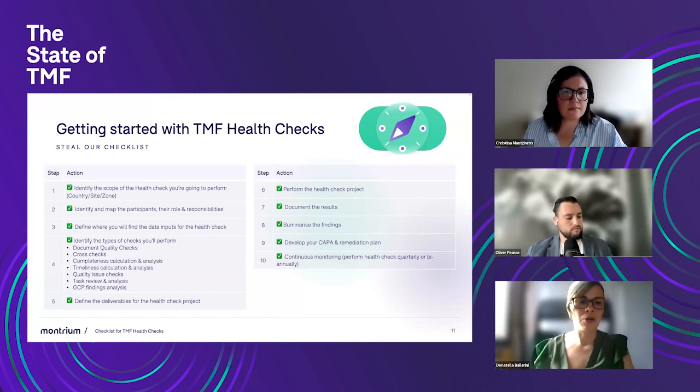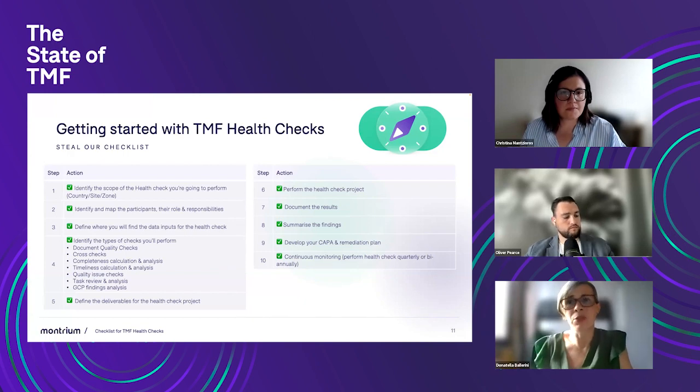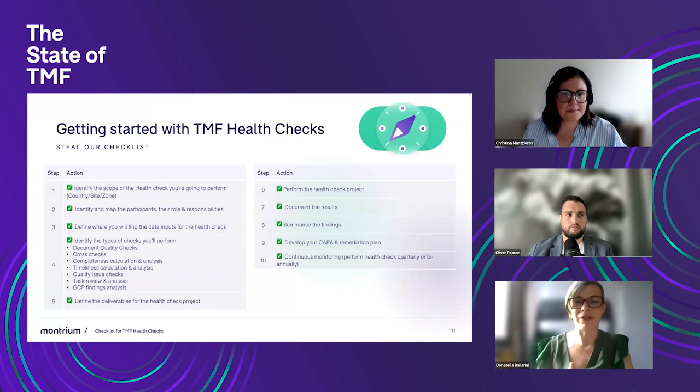Can you do the health check once in your clinical trial? Yes, you can, but honestly, I would not recommend doing it just once in the life of your clinical trial. I would set up a frequency, because you always have to monitor, oversee and health check your TMF, otherwise you will not be aware of what's going on in your TMF. So define a frequency that can differ based on the study design, your resources, and your organizational model,